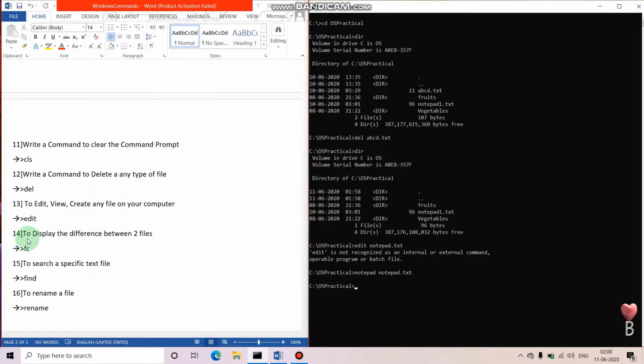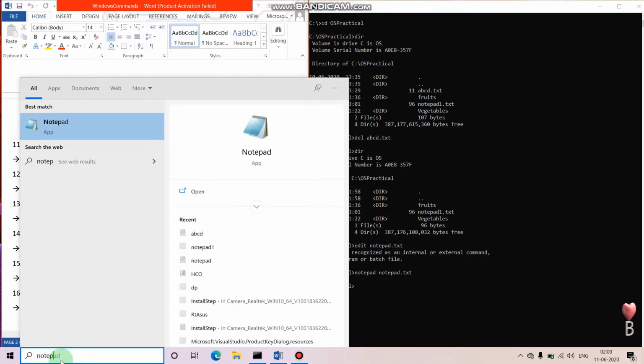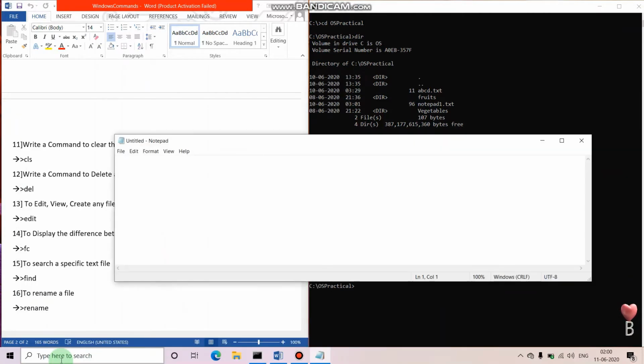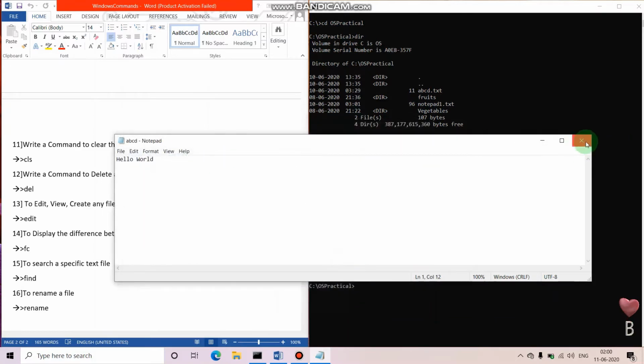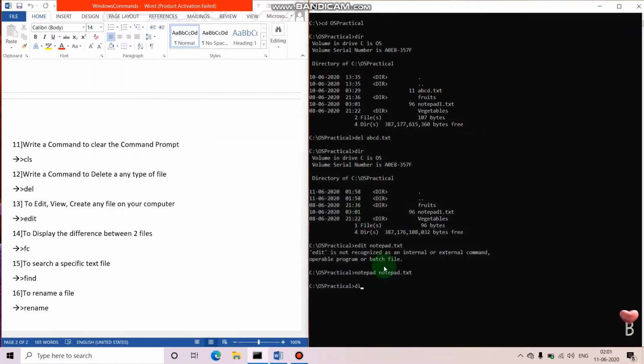So the next command is to display the difference between two files. As you know, we have only one file in the OS practical folder, so first we have to create one more file and then we can demonstrate the use of this command. So let's create one file first. I'm saving it with the name ABCD only. Okay, now we have two files in the OS practical folder.